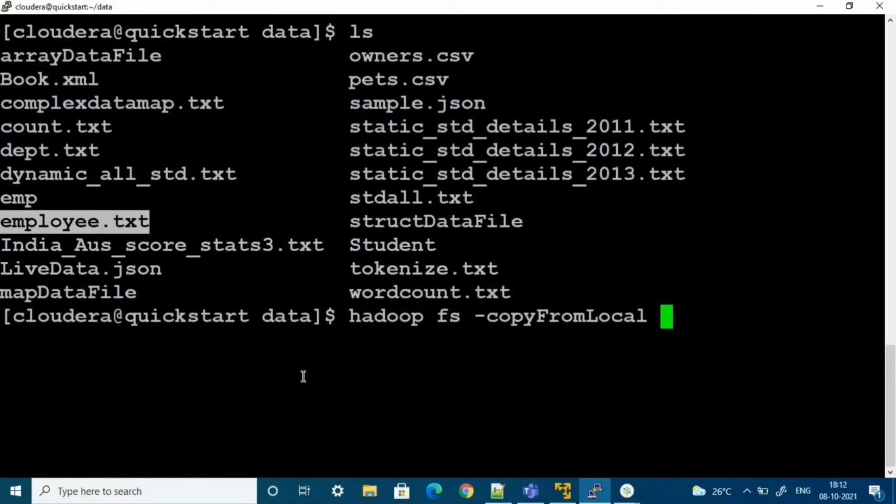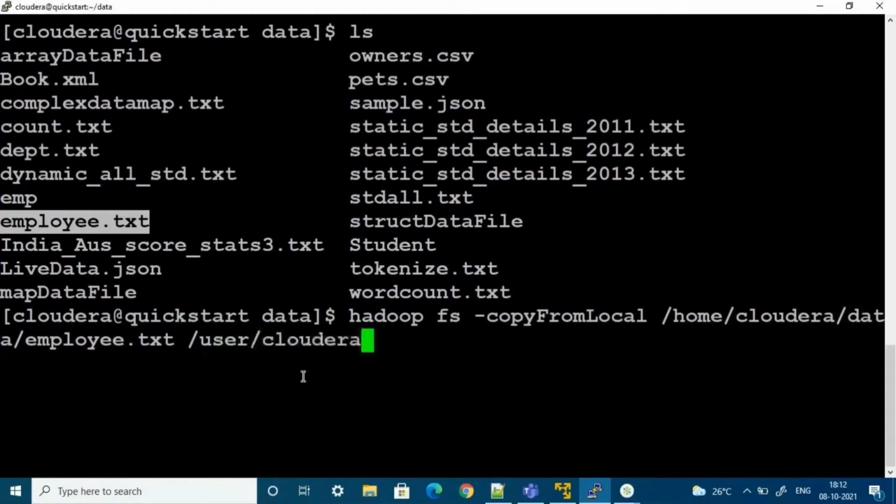Then your local file system path. My file is under /home/cloudera/data, with the file name employee.txt. Now the HDFS path, the destination path: /user/cloudera. So I'm copying the file.